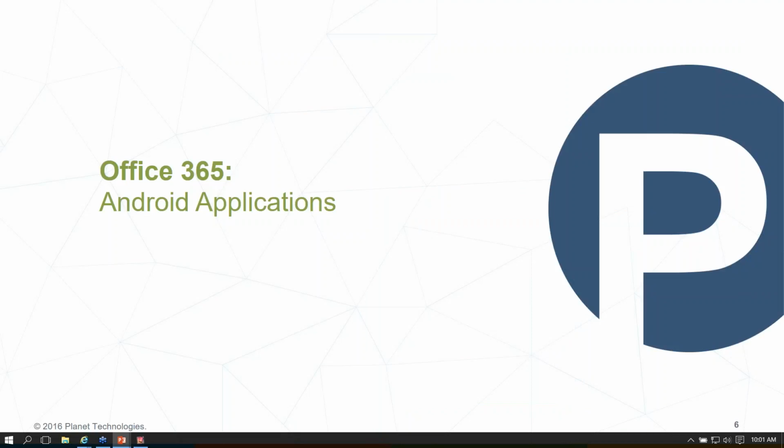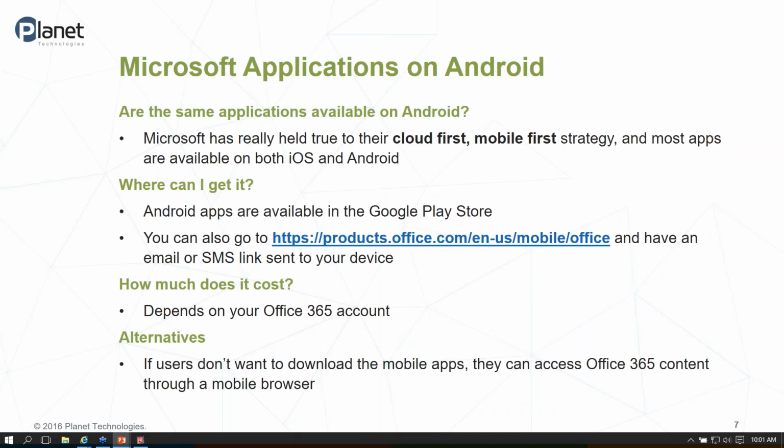So we're going to go ahead and kick things off. Today, we're going to take a look at all of the different Microsoft applications that are available on the Android operating system. We do know that Microsoft has adopted a cloud-first, mobile-first strategy, and they really are holding true